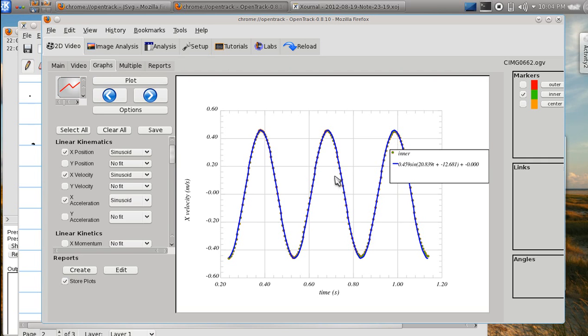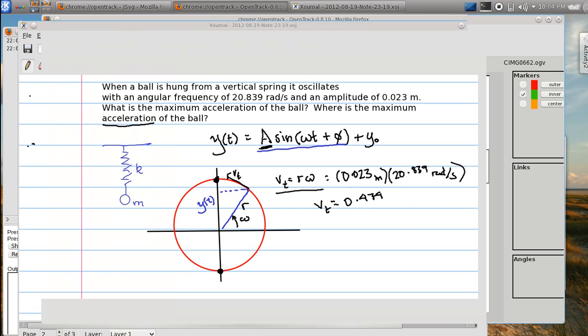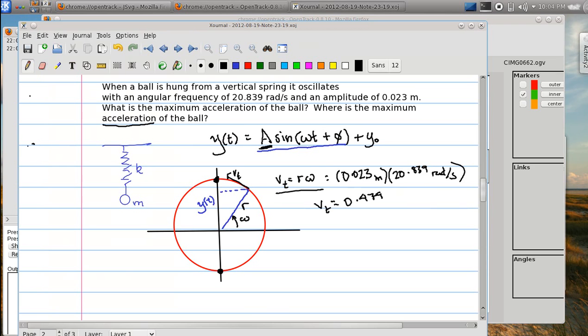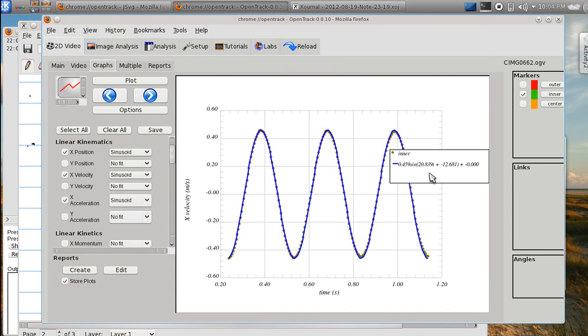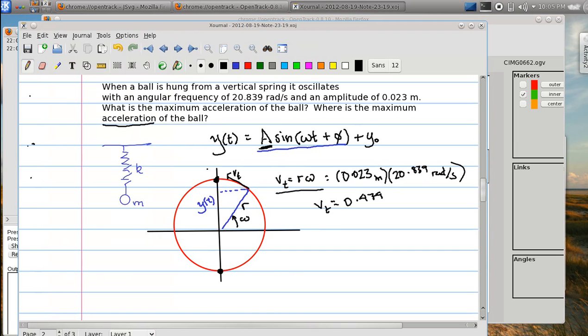Now, interestingly enough, the velocity has roughly the same angular frequency. So 20.839 instead of... actually exactly the same. So we've really nailed it in this case. Notice that the offset is 0, so the velocity oscillates between a positive value and a negative value of the same magnitude. So if we were to then guesstimate what is the angular acceleration, well, not the angular acceleration, sorry,